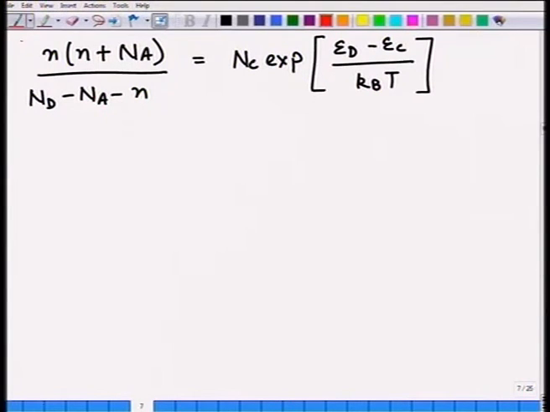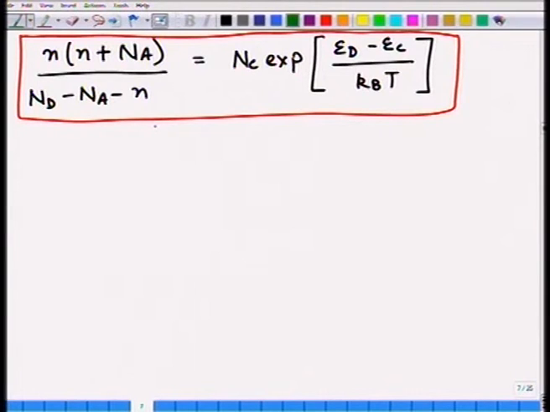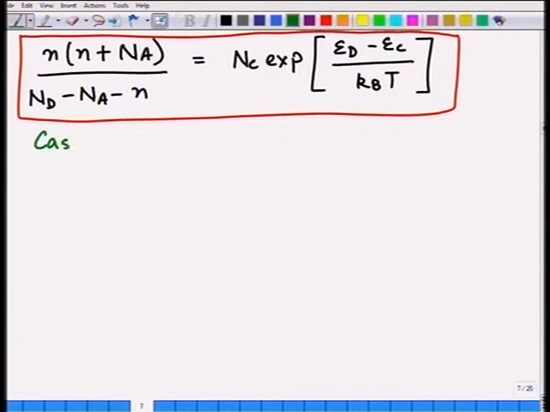So, this is the expression which we use as our governing equation, using which we will try to understand what the behavior in freeze out is. So, first we will take 3 cases. So, case 1, this is the green one. Let us consider case 1. Let us take N_a to be equal to 0. That is, let us say we have doped only with donor atoms, no acceptor atoms are there,